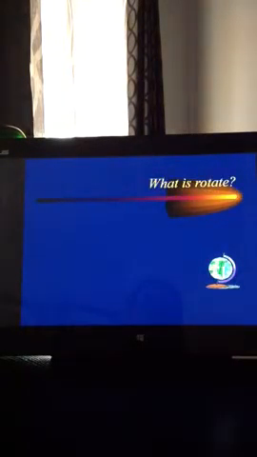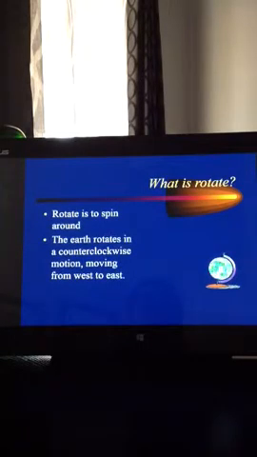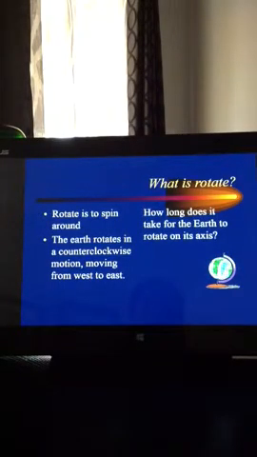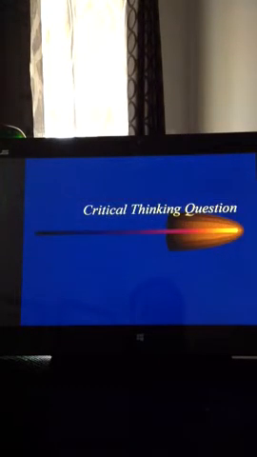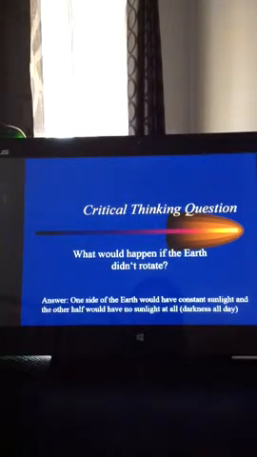What is rotate? Rotate is to spin around. The Earth rotates in a counterclockwise motion moving from west to east. How long does it take for the Earth to rotate on its axis? 24 hours. Critical thinking question. What would happen if the Earth didn't rotate? One side of the Earth would have constant sunlight and the other half would have no sunlight at all,